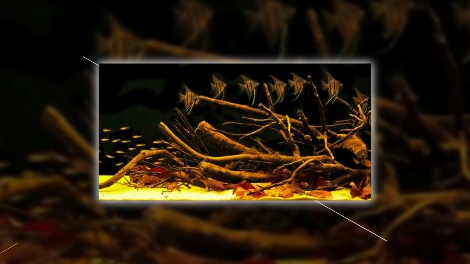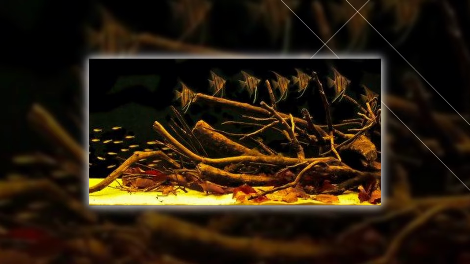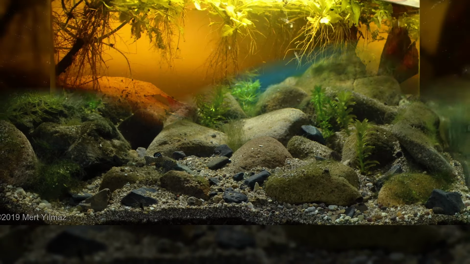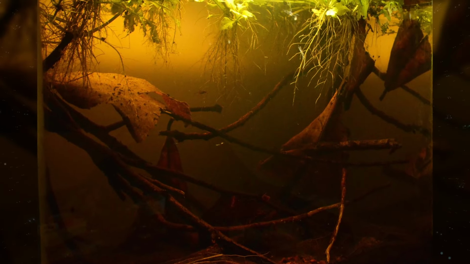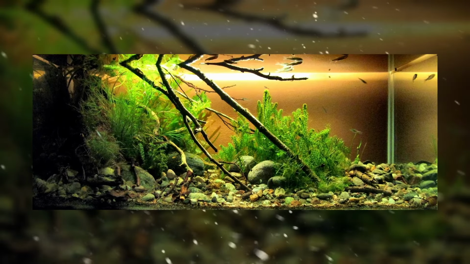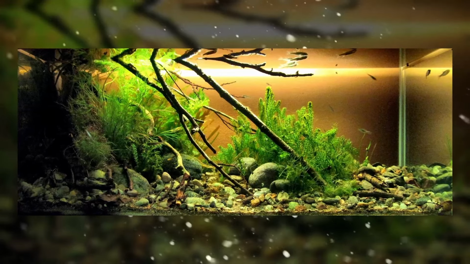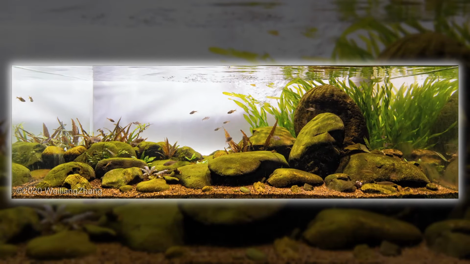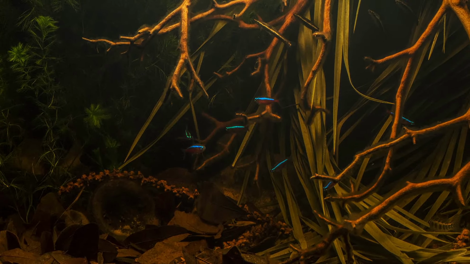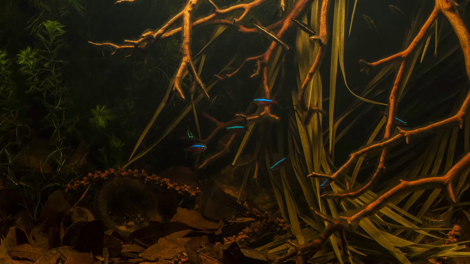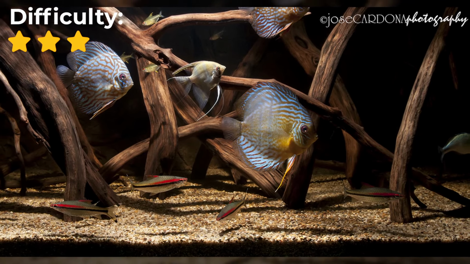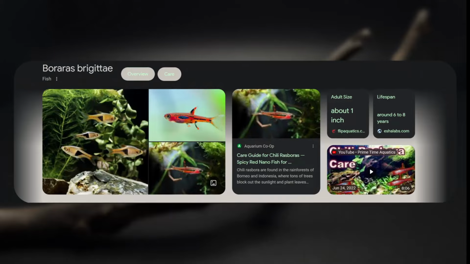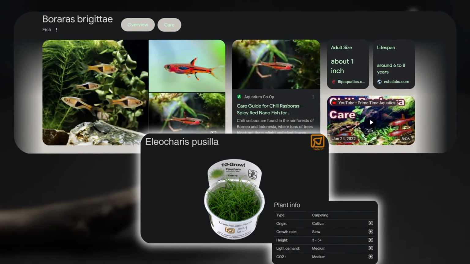The Biotope style's aim is to replicate a specific natural habitat or ecosystem such as lakes and rivers. Everything in this layout is specifically chosen to represent the chosen environment. For example, in a river aquascape, one would use a variety of long sticks and stones to recreate a stream-like environment. The plants and fish species are also selectively chosen to further enhance the looks of the overall aquascape. This isn't a difficult style per se. The only real difficulty is researching the correct materials, livestock, and plants that will fit the ecosystem you are aiming